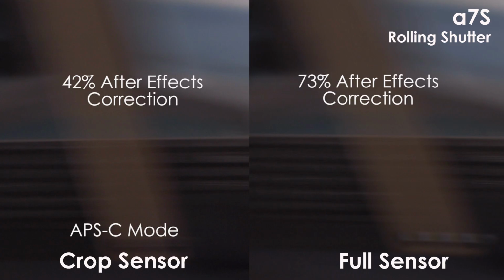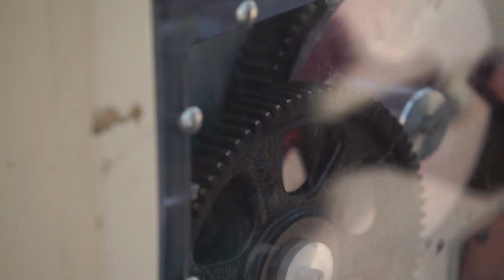So when you do these whip pans, you'll definitely see it as I'm going back and forth. You can correct it. It takes a little bit of time in post, but it was actually a lot faster than I thought. If you're doing whip pans, it's not that big of a deal. If you're moving your tripod around a lot and you want to keep some of that footage, it might be